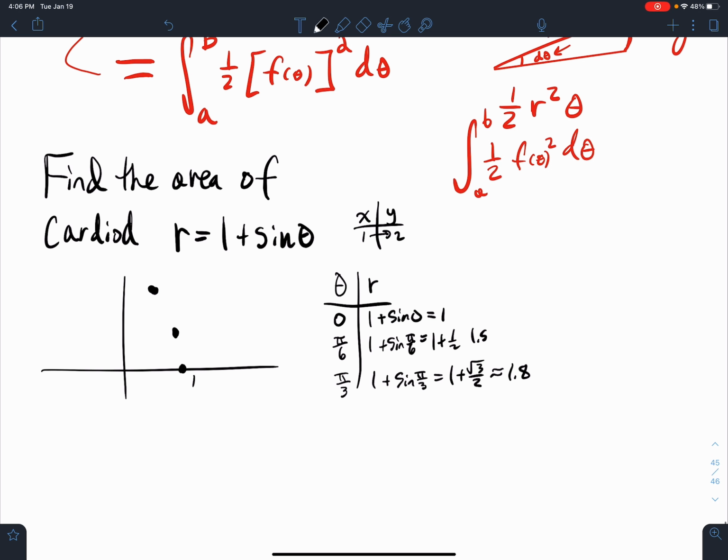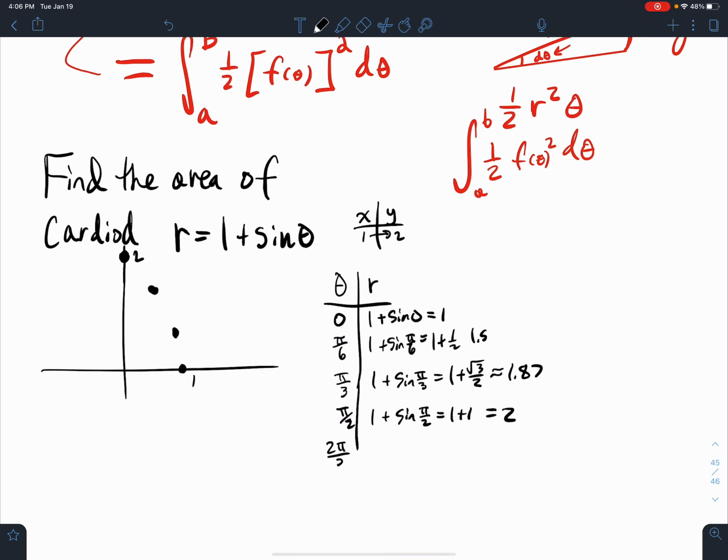So 1.87. And then pi over 2, what would that get me? Well, that's all the way up. That's on this vertical here. And so that'd be 1 plus sine pi over 2. And that'd be 1 plus 1, which is 2. And so whenever I get all the way up to here, I'm at 2. Okay? And then as I work my way back down,